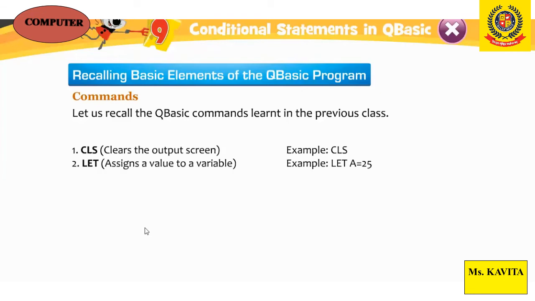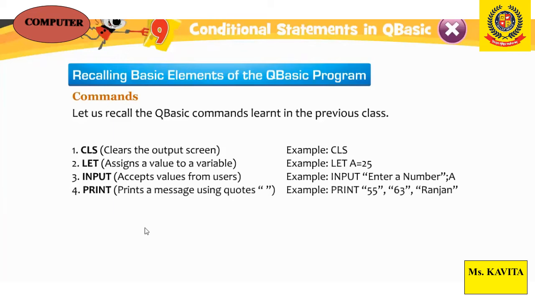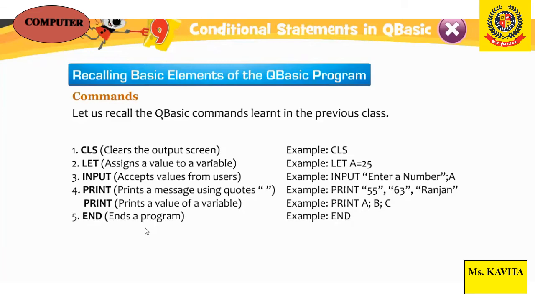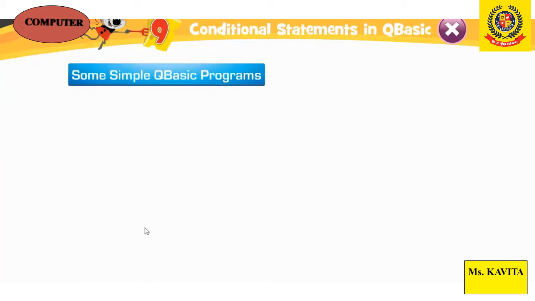Now operators. You must have used those operators, plus, minus. These are special symbols or words that perform a specific action on variables or constants to return a specific result. In the previous class you have learned about two kinds of operators. Mathematical operators like plus, minus, multiplication, division, cap, bracket are used for mathematical calculation. Relational operators, greater than, less than, equal to, greater than or equal to, are used for doing comparison.